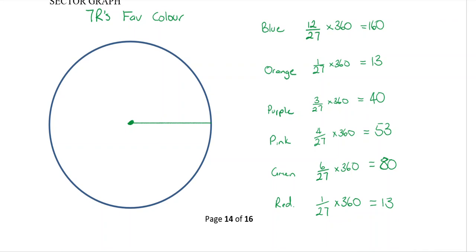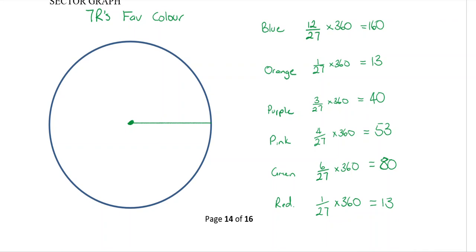And the last little angle, which I haven't had to measure, I should measure at the end to make sure that my last one fits perfectly. This should be 13 degrees. If I'm honest, mine's probably about 14 or 15. Mine's a little bit over, but it's pretty close. So I put my 13 degrees in there, and I call that red.